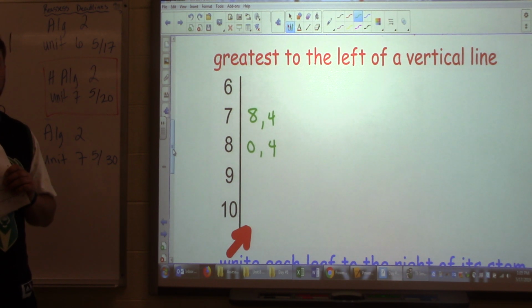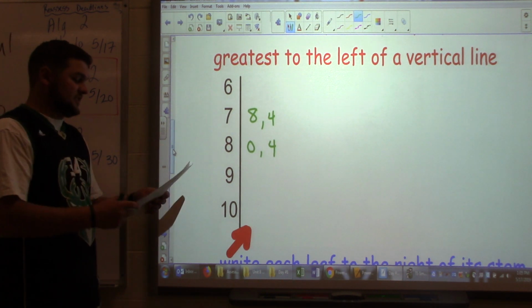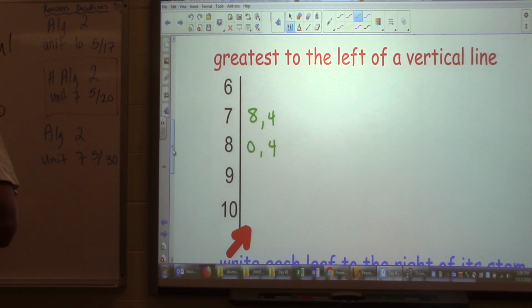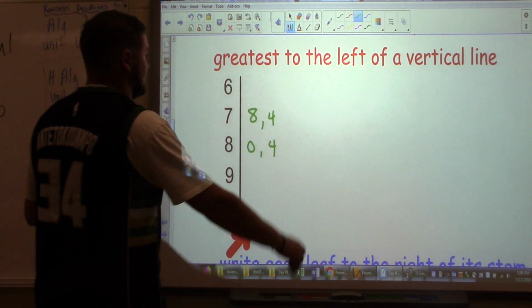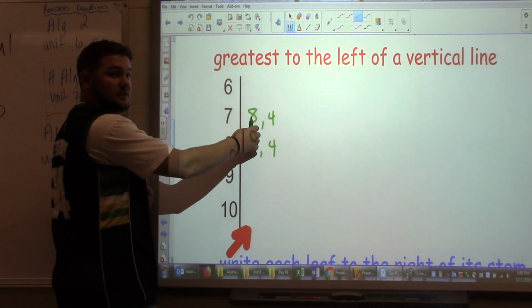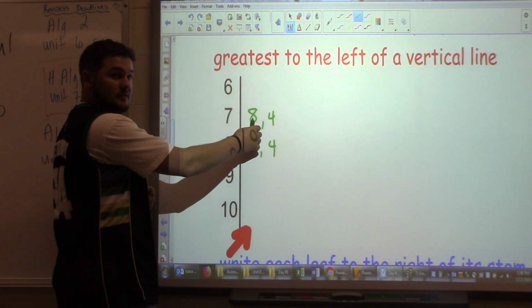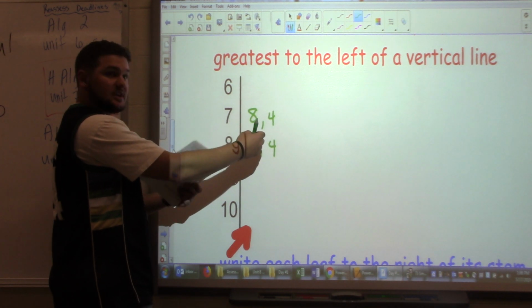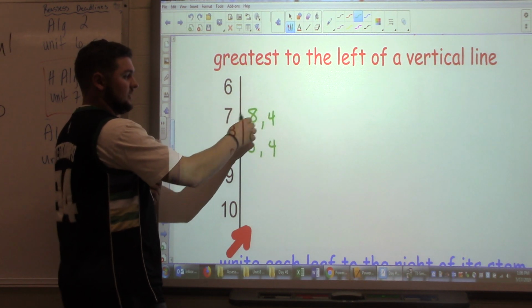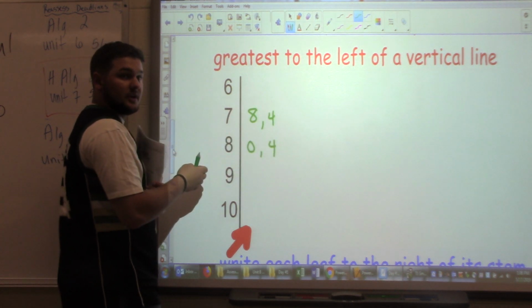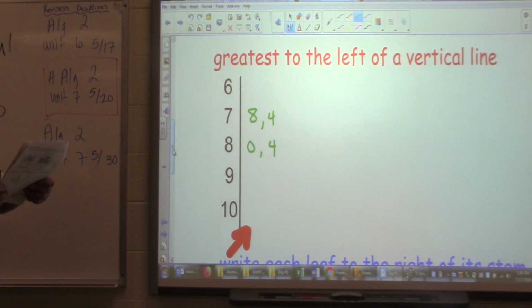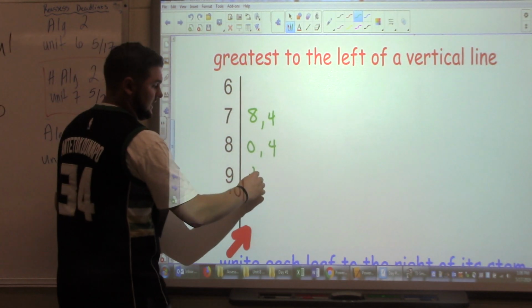So it's not making sense. Okay, so our first number, Paige. What's the first number in our list? 78. So we're going to find our stem of 7, and we're going to put an 8 after it for 78. Okay? Then the next number is 74, right? So same thing, find your stem of 7, and we're going to put a 4. We'll put our last digit up there. Got it? Okay, so we had 80 and 84, then 99,